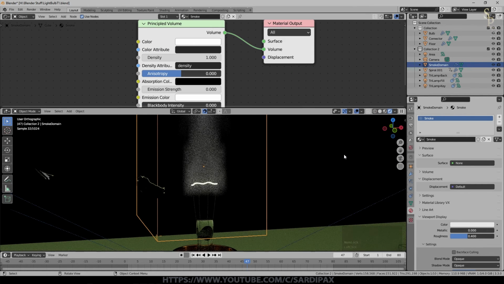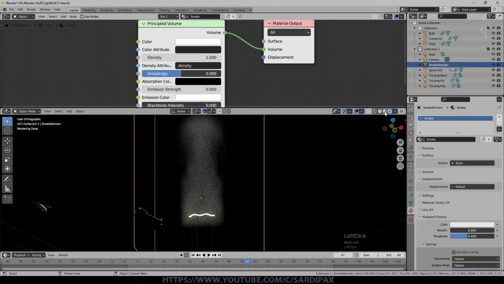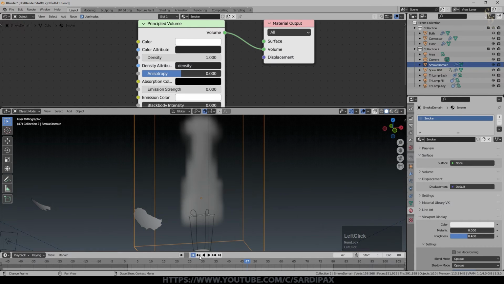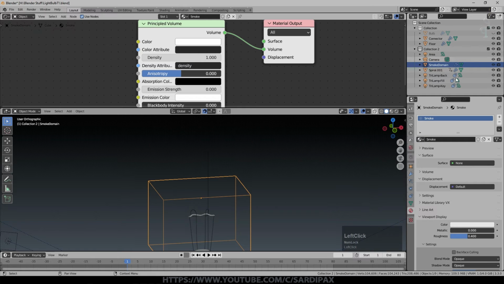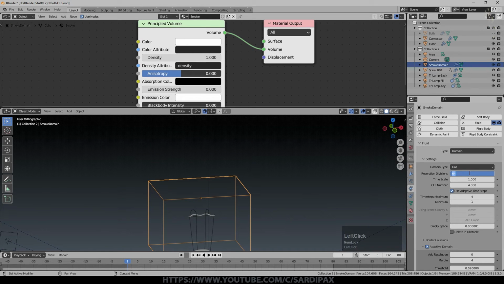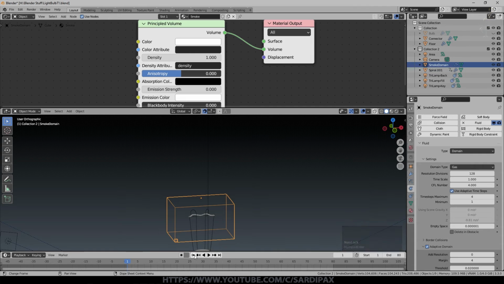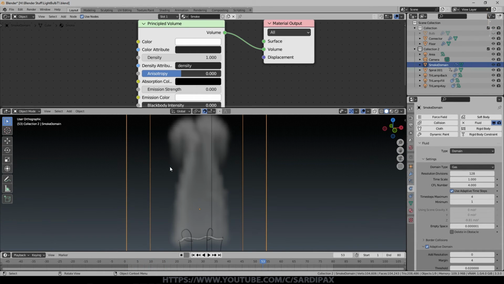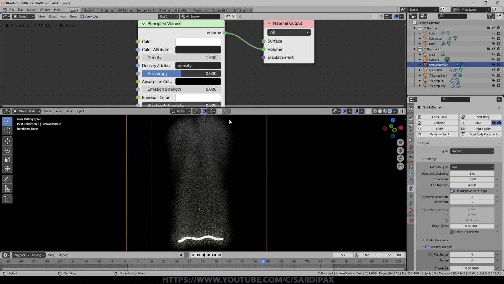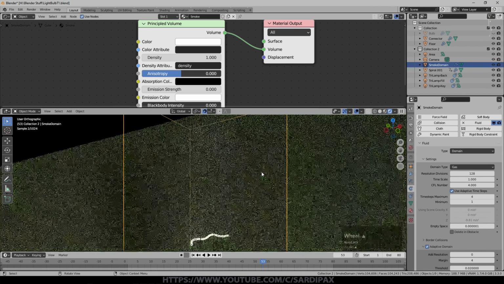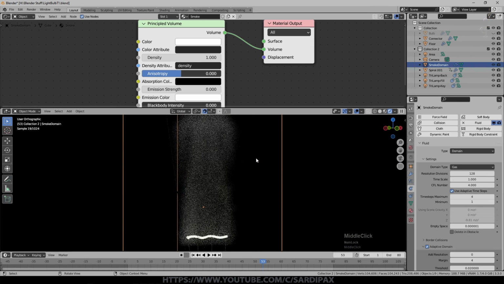So we've already got some smoke. Bear in mind this is still quite low resolution smoke. So I think what we're going to do first is we're going to render some slightly better quality smoke. I'm just going to vanish our bulb again. So we'll go up to 128, not the 256 I ended up using. You can see the little cube is smaller again, just so we started to get some shape in the smoke. And let's have a look at that. And I went with just the defaults for the smoke. That seemed to work for me. I wanted a very fine sort of smoke.